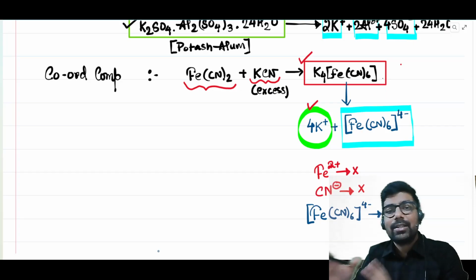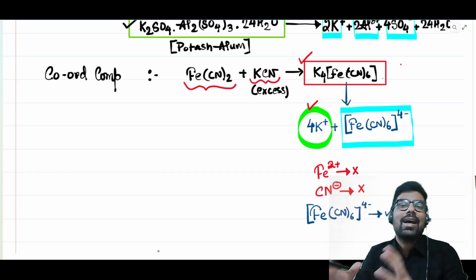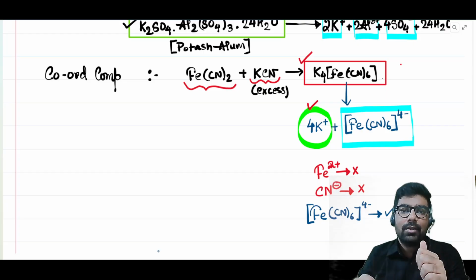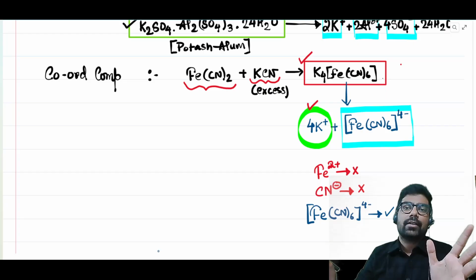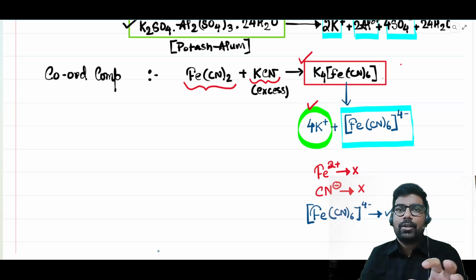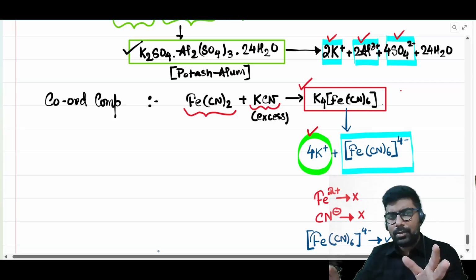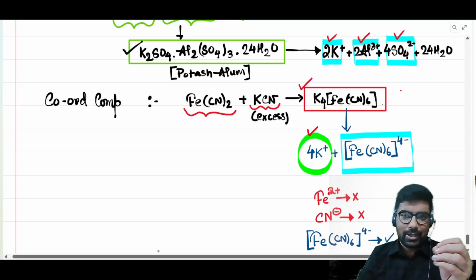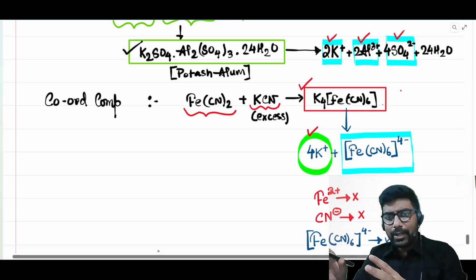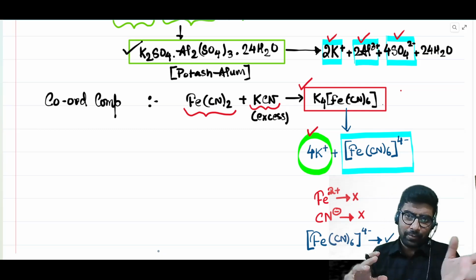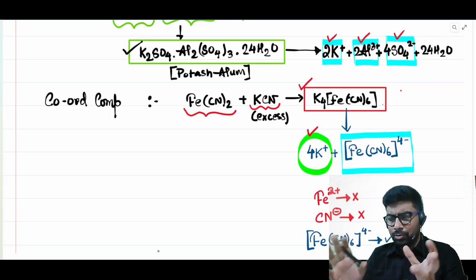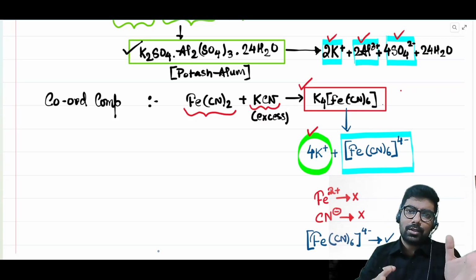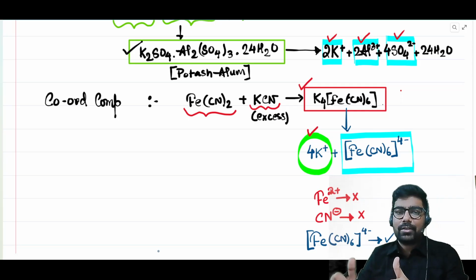So what is the major difference between a double salt and a coordination compound? A double salt always breaks into all of its constituent ions. If potassium is there, we will get a test for potassium. If aluminium is there, we get a positive test for aluminium. If sulfate is there, we get a positive test for sulfate. So all the groups or ions present in the solution give the positive test. But